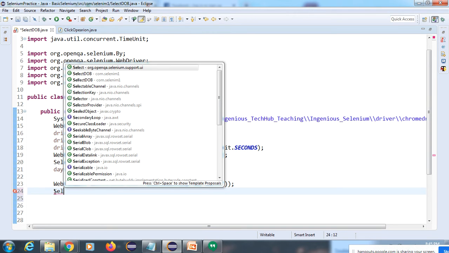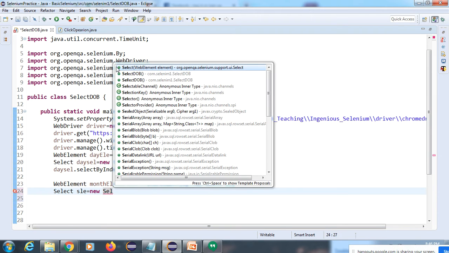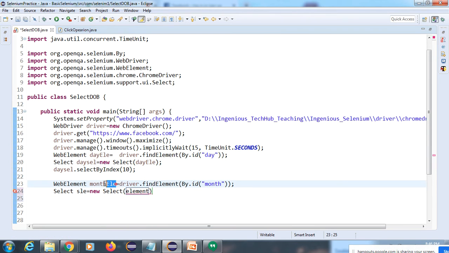Sometimes what happens is the package might be different, I selected a different one. Okay, so I will just write a simple new Select, and this is the element we need to find and pass here.